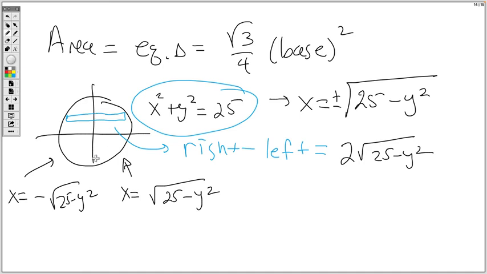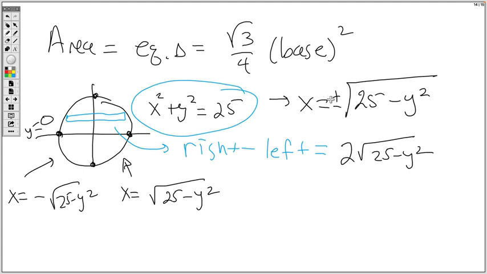So at any given y value, this represents the length of that base of what's going to be turned into a triangle. You follow? Let's test this out. What should it be down here? This is when y equals what? What's the y value here on the x-axis? It's 0. If I plug 0 into this, I get the square root of 25, which is 5, times 2, which is 10. Does that make sense that this is 10 units across? Yeah, because we're right at the diameter of the circle. And you can look at the extreme values. If I look up here, plus or minus 5,